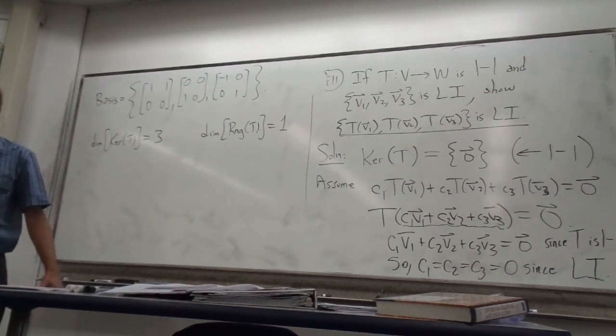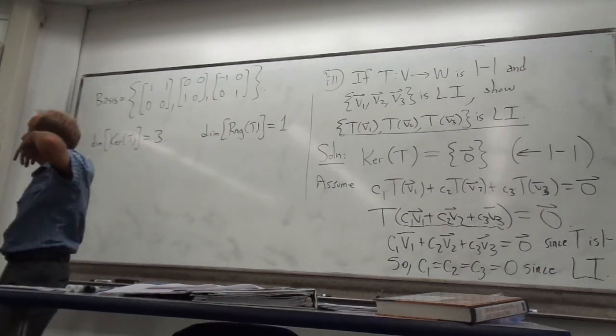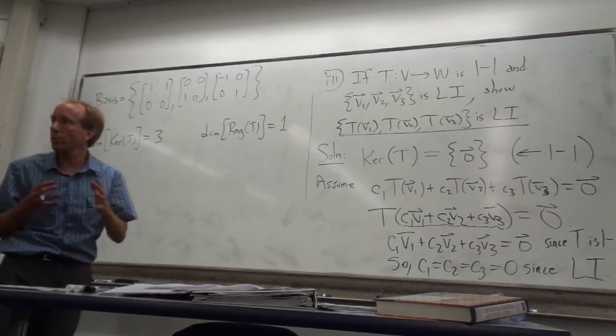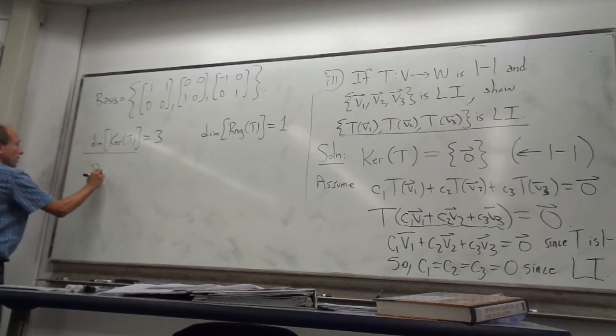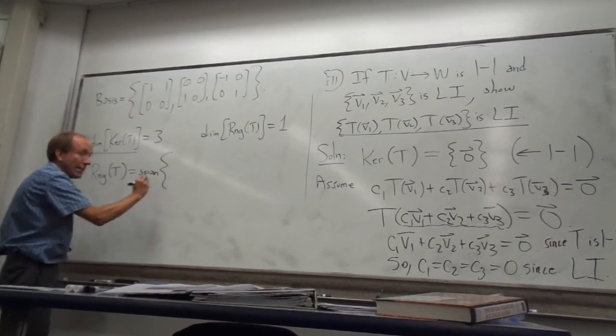With me? Now the kernel, of course, was 2 by 2 matrices. But what's the range going to be looking like? It's going to be W, so it's P2. It's going to look like polynomials, right? So we want to make sure everything looks the way it's supposed to look. So our answer here should be polynomials. And do you guys remember how to find the range? It's the span of a set of the